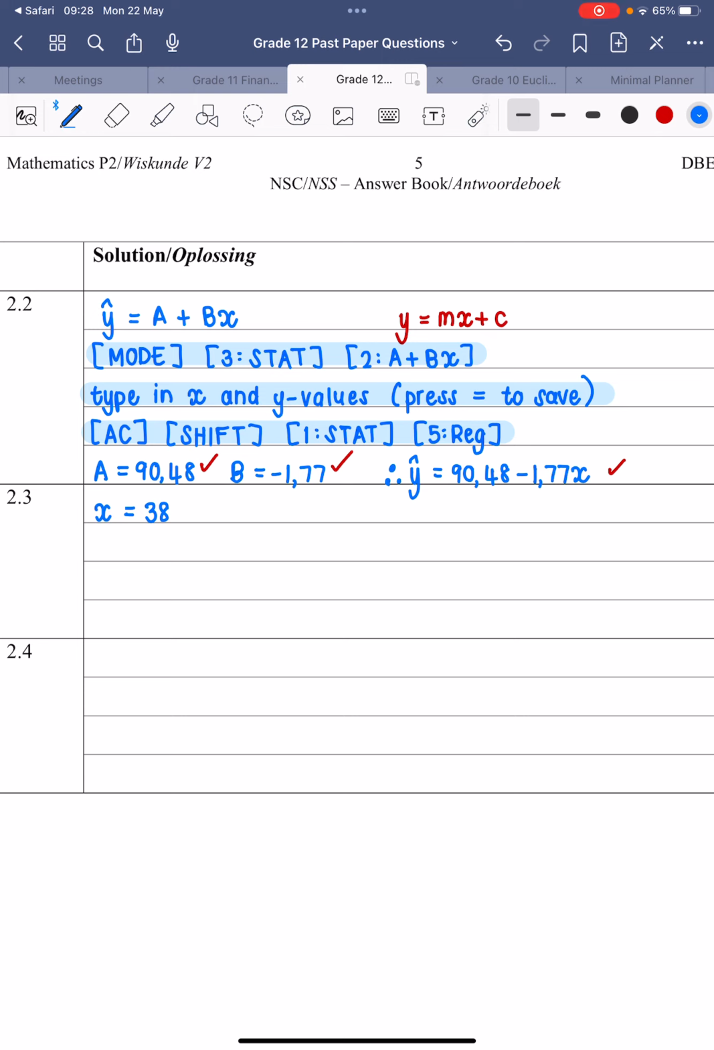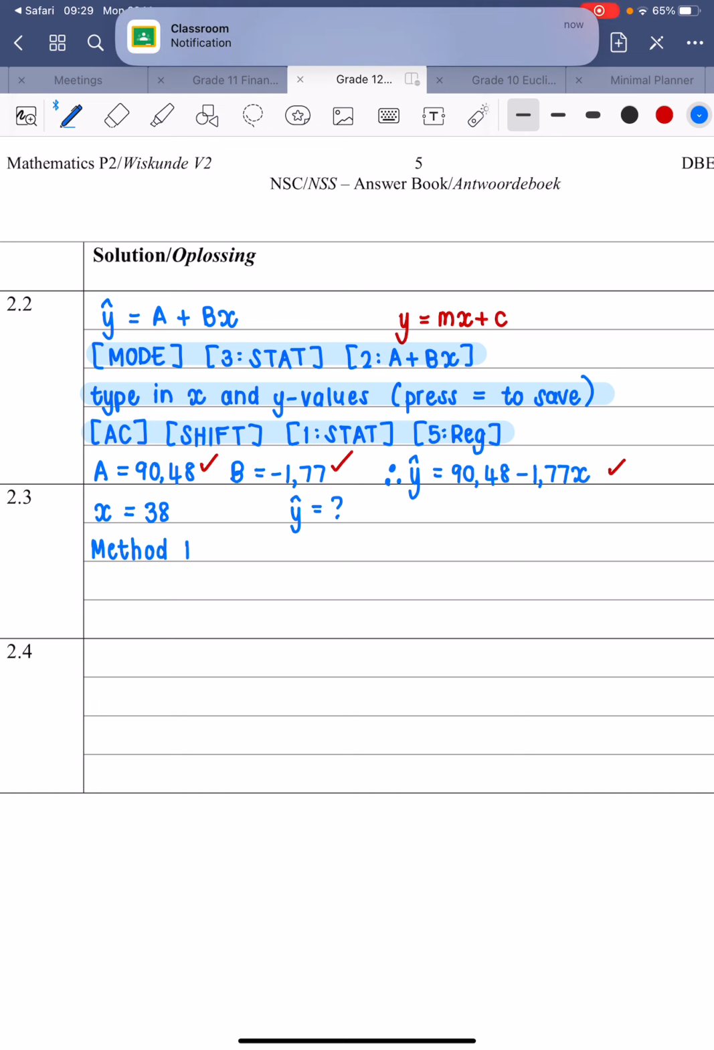Right? They're giving us a price for a container. Predict the number of 5-liter containers of milk he will sell. So they're asking us to find Y. They're saying if the price is 38 Rand, that was X. How many containers will he sell? And the number of containers, that was Y. Right? Now guys, you have 2 things that you can do here. Method 1 would be to take your equation that you got in the previous question and sub in. So sub in X equals 38